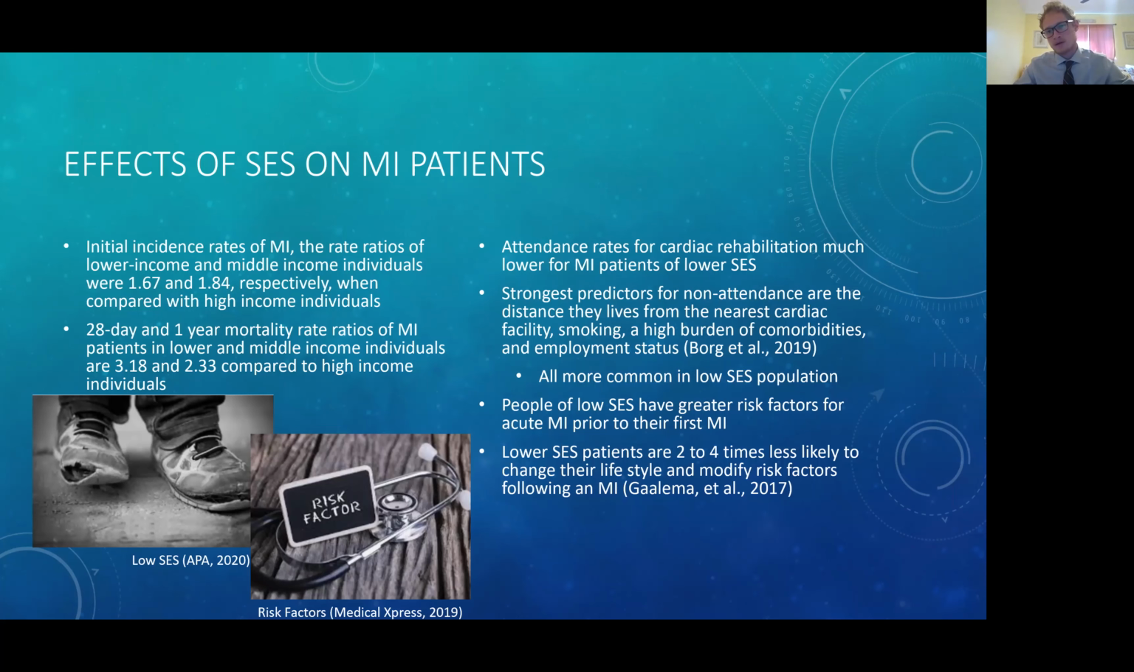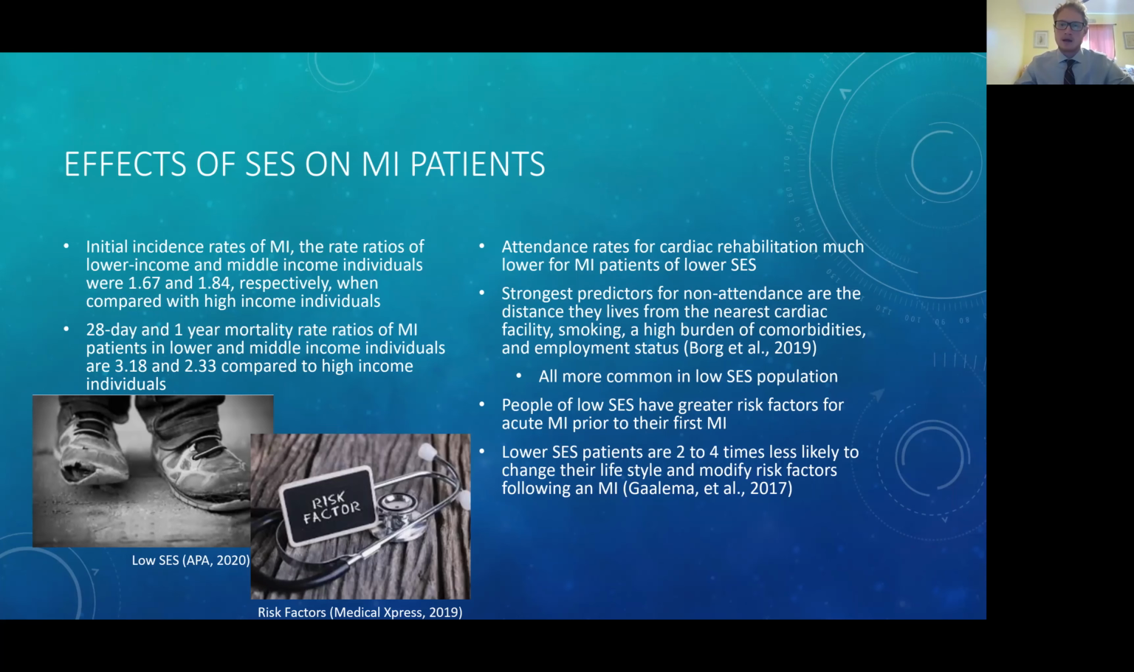So the strongest predictors of non-attendance are the distance they live from the nearest cardiac facility, whether the individual smokes, if they have a higher burden of comorbidities, and their unemployment status. And if you look at these predictors, you'll see that a lot of them are common in low socioeconomic status populations. Smoking is much more prevalent within low socioeconomic status populations,